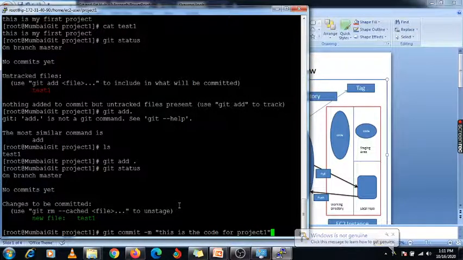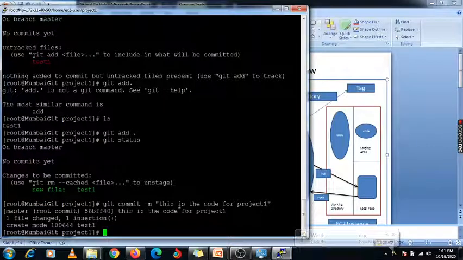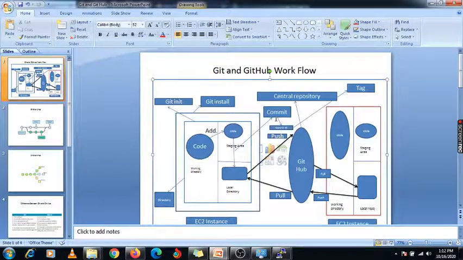And enter it. Now it will create one commit id. It will move this code from the staging area to the local directory using this commit command.